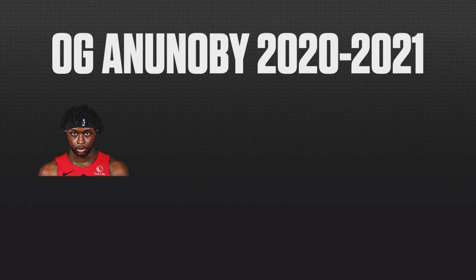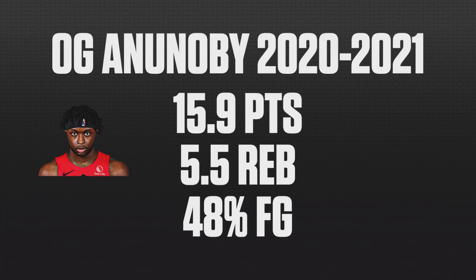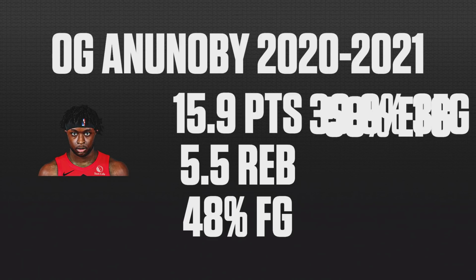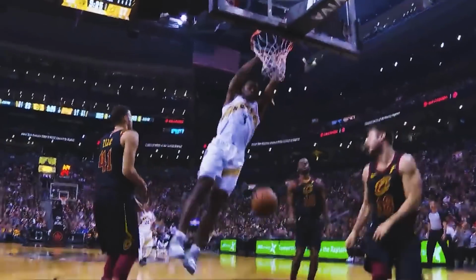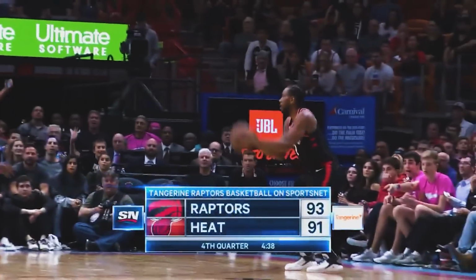Now, on the surface, he had solid numbers this year: 15.9 points per game, 5.5 rebounds, 48% field goal shooting, 39.8% three-point field goal shooting, for an effective field goal percentage of 58%. His role is mainly to play defense and hang out on the perimeter for threes, and he's very, very good at it. But taking a closer look, he's not just great at shooting threes, he's also an incredibly efficient finisher